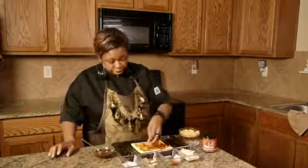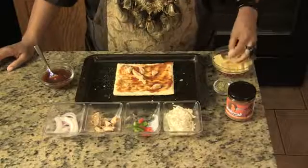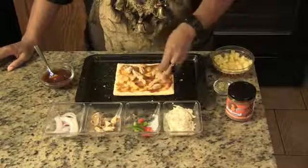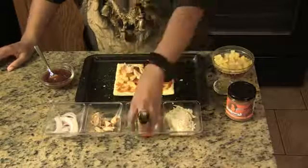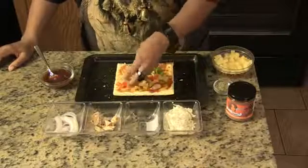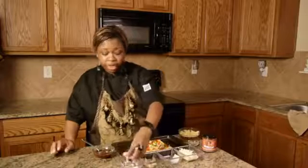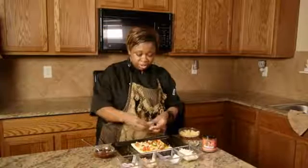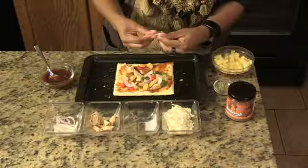So I'm going to put some chicken here. Okay. I'm going to put some pineapple. I'm going to add some peppers. A little bit of onion, and I like the red onions because they're sweeter, but you can add whatever you have. It's always good. Okay,